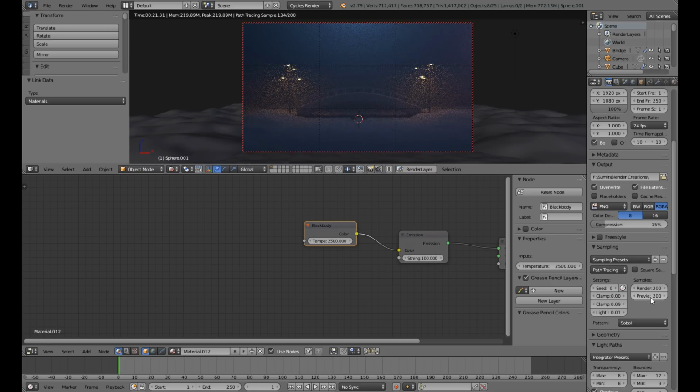You can see that the image is starting to take shape more and more. I can even increase it to 500 in order to see what is actually going on around the scene. Okay, so I found out that the light may be